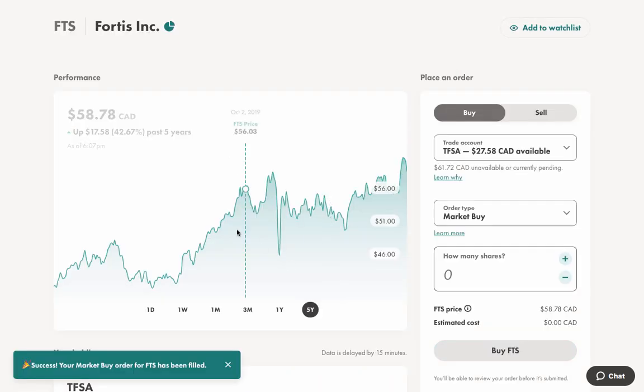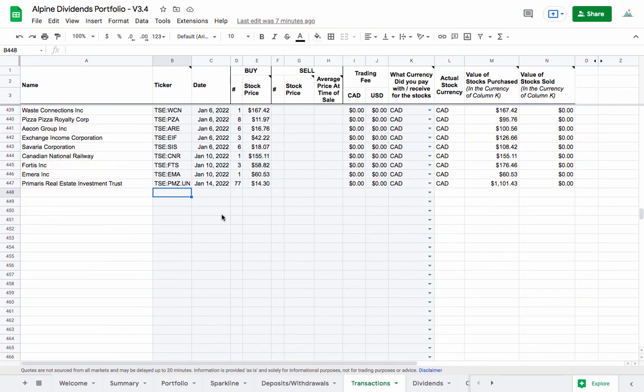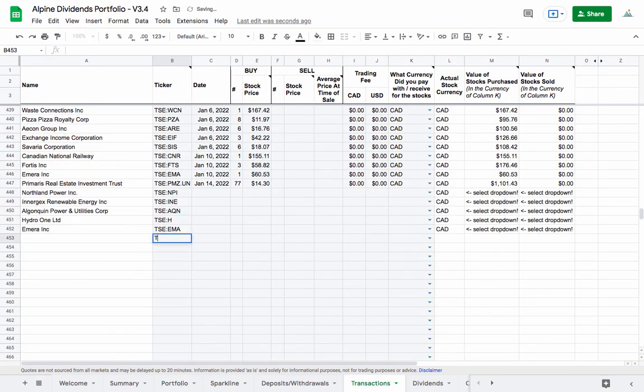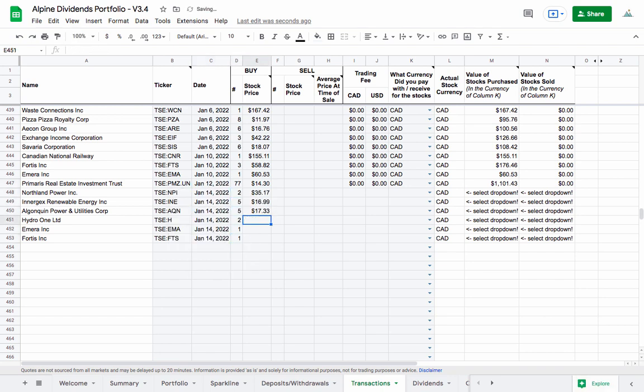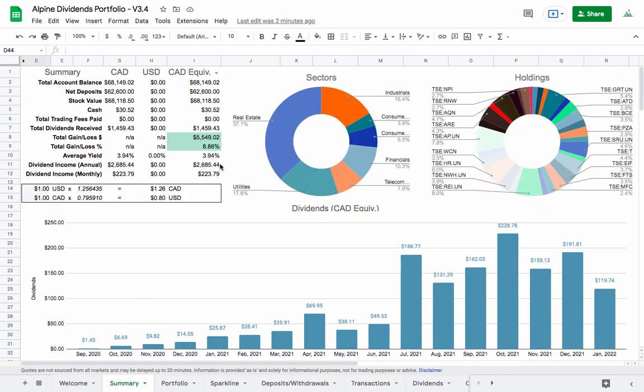Okay, cool. So we just want to jump back into the spreadsheet then and drop these into the transactions tab and pretty much just write them exactly as I see in Wealthsimple Trade, where I have the exact quantity, the price paid and the actual price of the market buy. And once I'm satisfied that all of the totals are exactly correct to the cent, then the last thing to do is check in the summary tab and take a look at the estimated annual dividend income. At the beginning of the video, this is around $2,669, and now we're looking at $2,685 per year. So that's an increase of, what, like